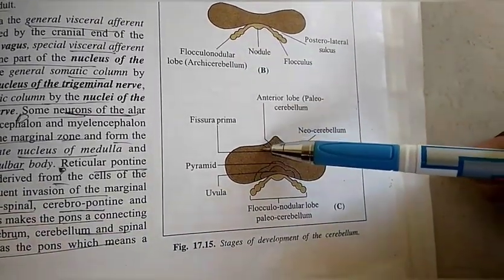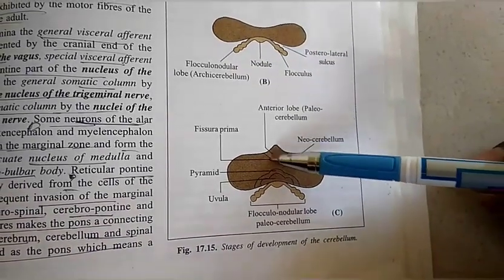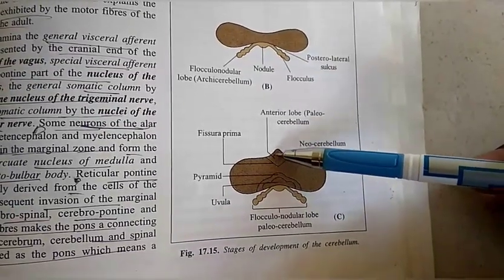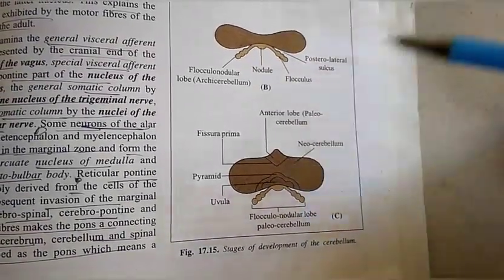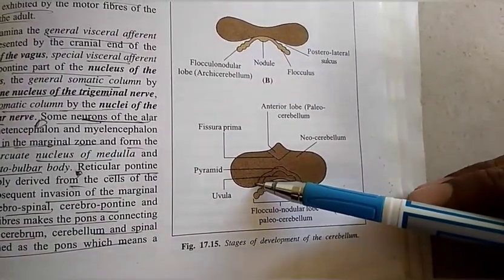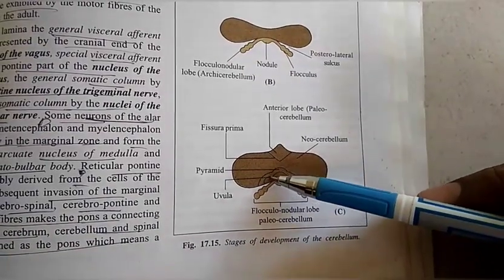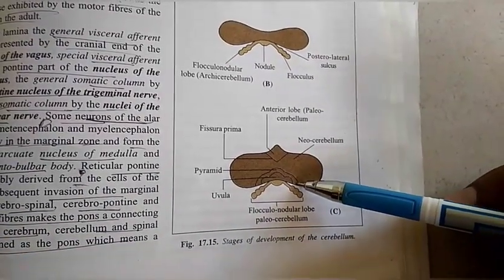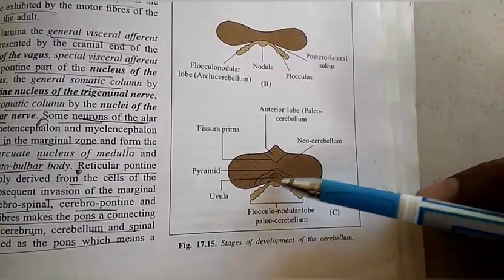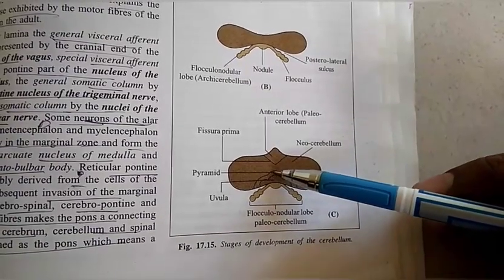The V-shaped fissura prima appears on the cephalic slope of the cerebellum. This V-shaped fissura prima separates anterior lobe of cerebellum from the rest of the cerebellum. The second one is fissura secunda and the third one is a post-pyramidal fissure. Due to appearance of this fissura secunda and post-pyramidal fissure, the pyramid and uvula portion of